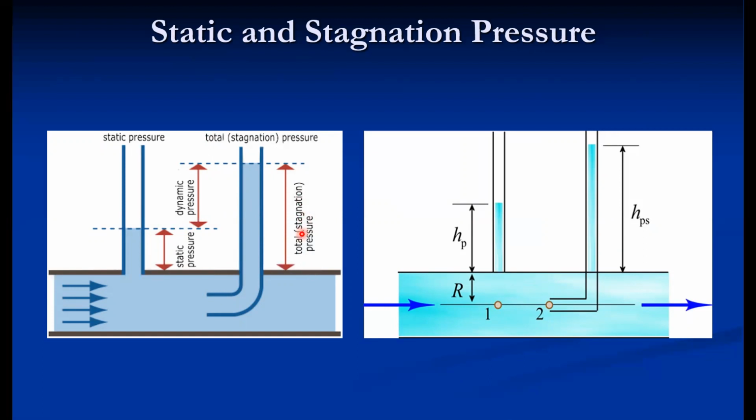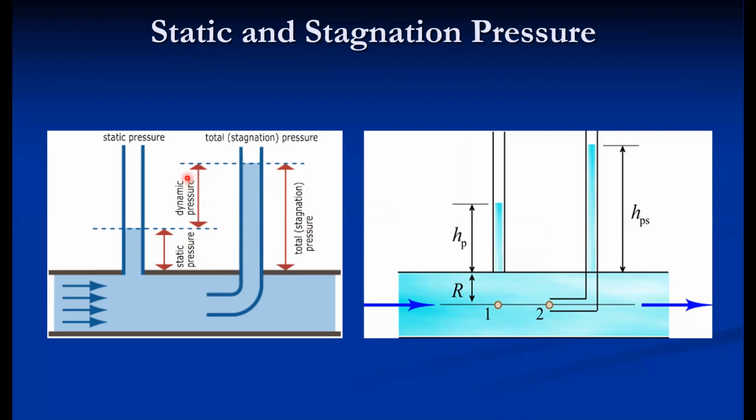So in fluid mechanics, there are a few more terminologies used. Mainly these terminologies we use in the dynamics part, that is static and stagnation pressures. Stagnation, the name itself has a meaning. When the fluid is brought to rest adiabatically, the kinetic energy of the fluid is converted into pressure energy. This much energy is the kinetic energy, that's why it is called the dynamic energy. This is the pressure energy. So pressure energy plus dynamic energy is called the stagnation energy or stagnation pressure.